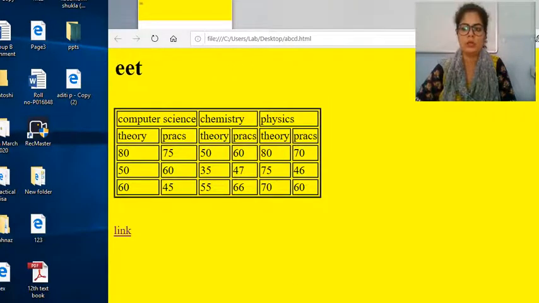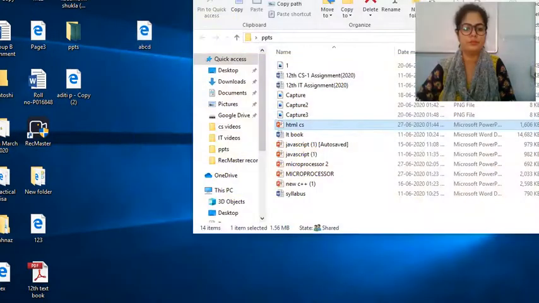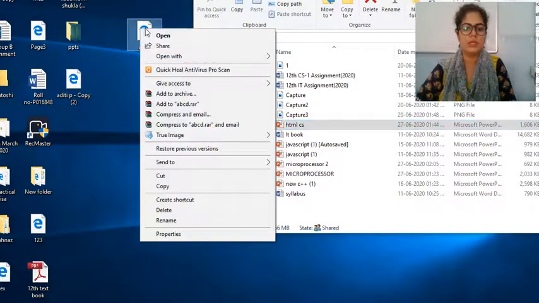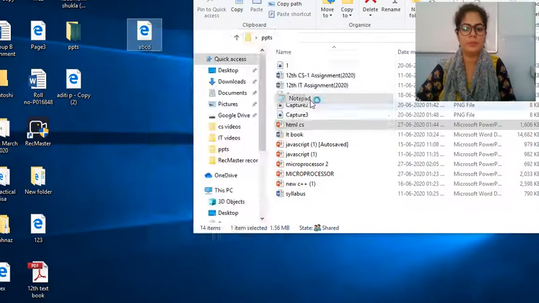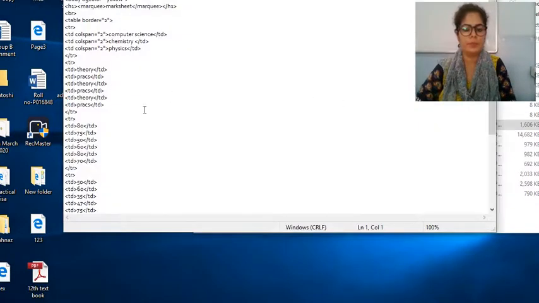And here is the mark sheet. This is just because of the marquee tag. That's why it is displaying in this form. So let's start with the remaining code. Let's start with the third row. This is the third row. In the third row, again you have to use 6 TD tags